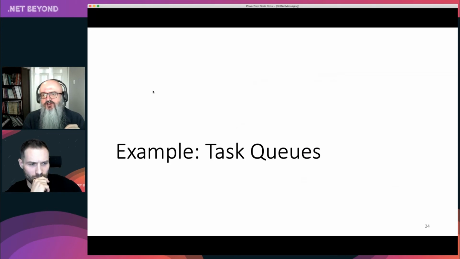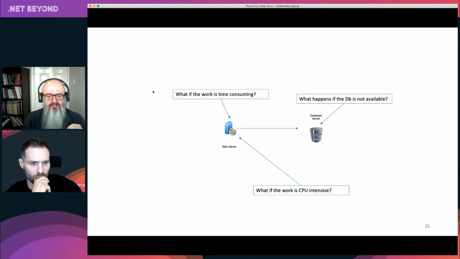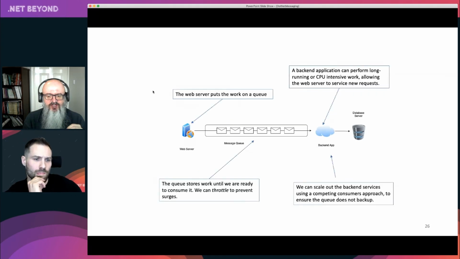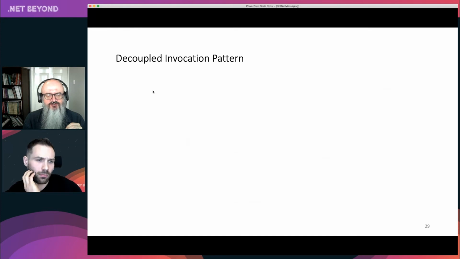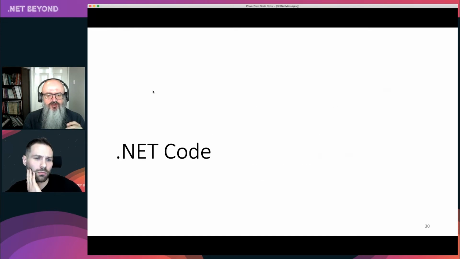I'm going to skip over task queues just because of timing, because we had a bit of a late start. As an example, I want to get into some of the code stuff. And if we get a little bit of time towards the end, I'll come back to that. All right. Let me just focus on the next section, and then we can come back to that if we need to. So typically, what might you write here in terms of .NET code?